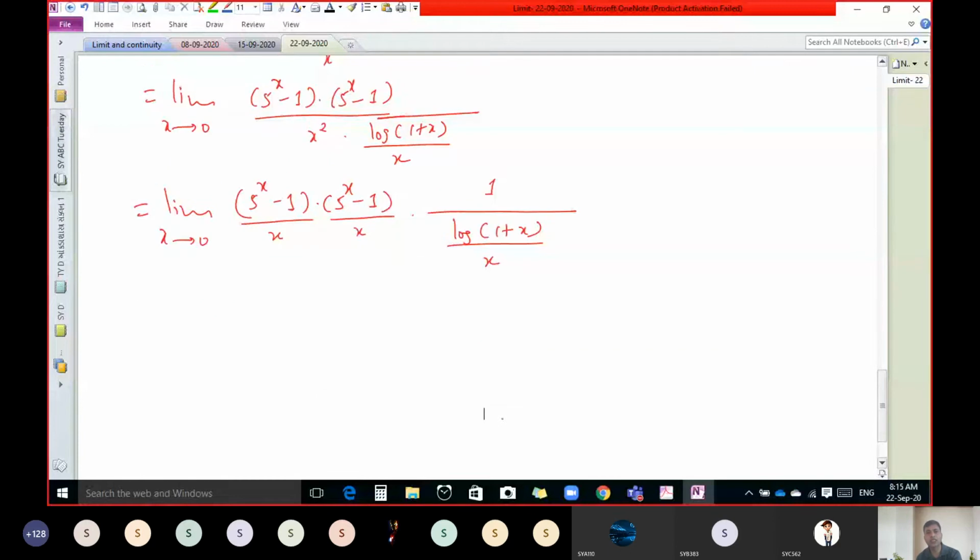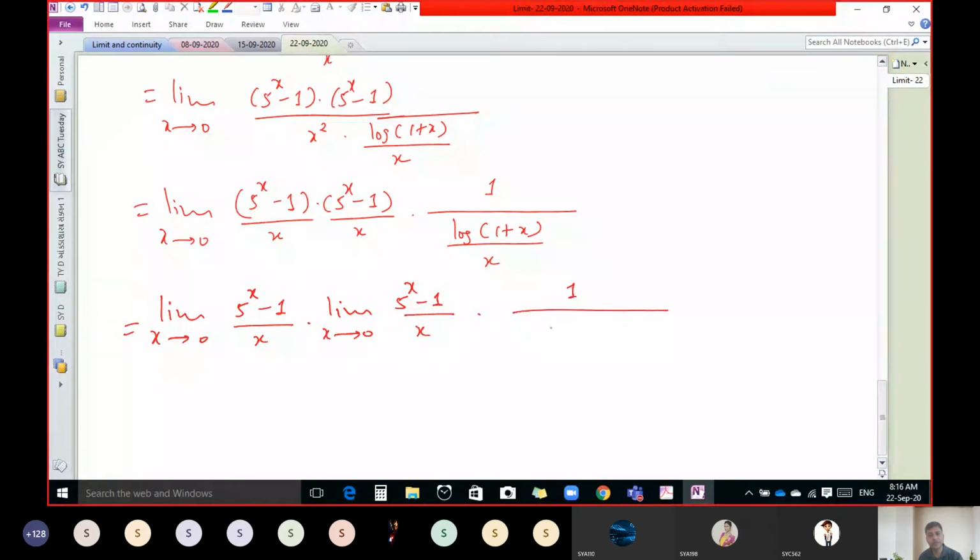So now use the concept of limit and take the separate limit for each term. So what would we write? Log 5 base e. Let us write the first step of simplification. You can take the limit of each step like this, and 1 as it is. You can take the limit here also, taking the limit in each step.